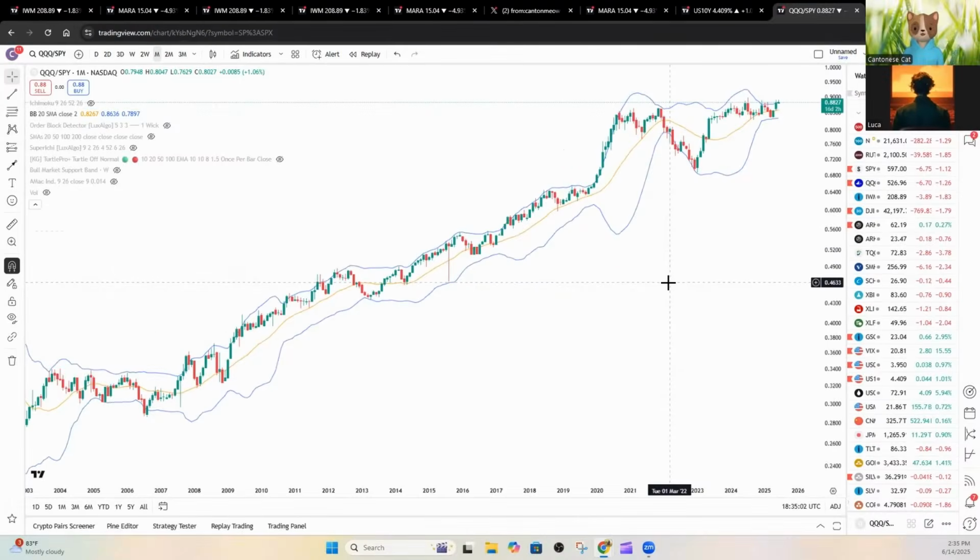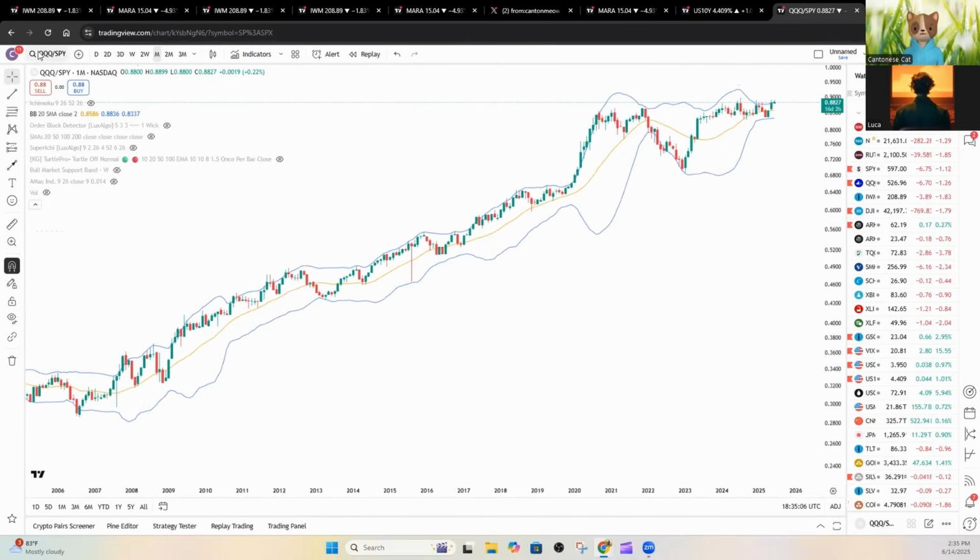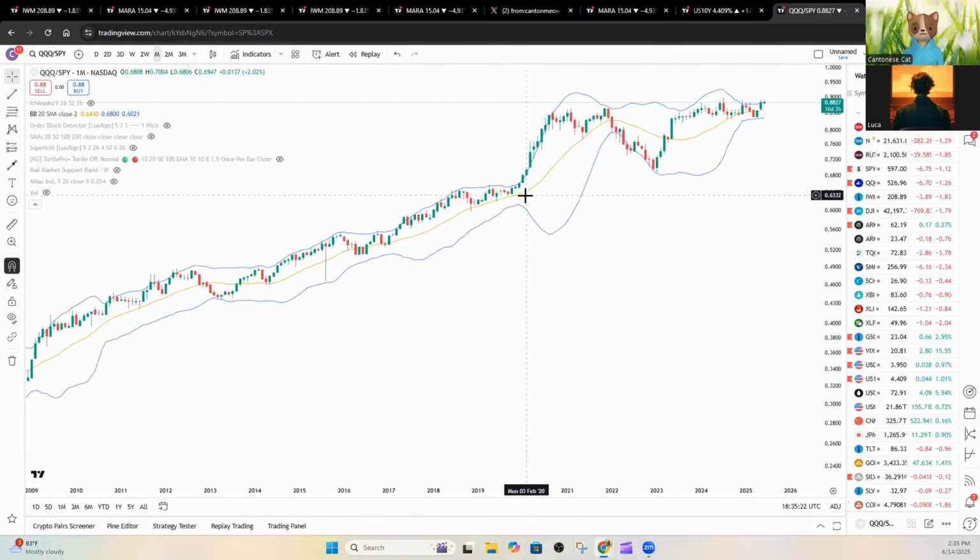On that note, I also want to show you one chart, and this is the QQQ over SPY chart. In general, in a more risk-on environment over the last really two decades, generally the QQQ or the Nasdaq does better than the S&P 500 or SPY. And you can see that over time, over the secular bull market for the last decade, decade and a half, it's been the case. QQQ just outperformed SPY, except for that really euphoric stage with significantly increased liquidity from 2020 to 2021 that had gotten us way outside the upper Bollinger Band for a very long time. This is a QQQ over SPY spread, by the way.